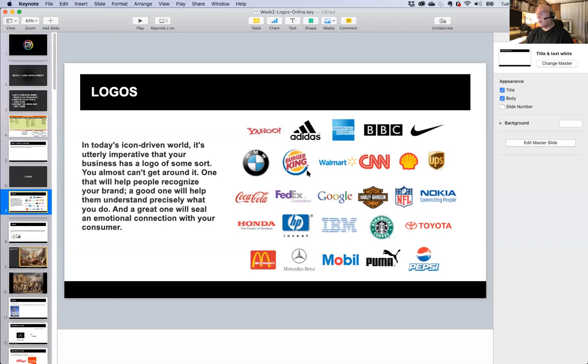And then there are what we call combo marks. It's like an image, like the image of a burger with the type in there. And then there are word marks like Coca-Cola, FedEx, Google. These are where the word is just written out in a distinctive font so that you see the name of the company. And then there's this kind with an icon and logo type like Pepsi, Mercedes-Benz,